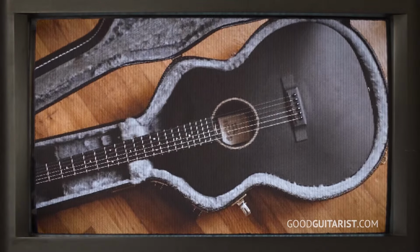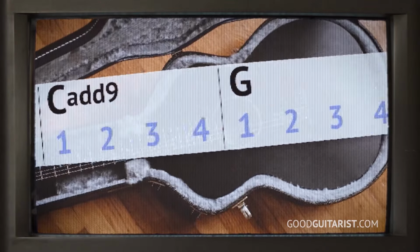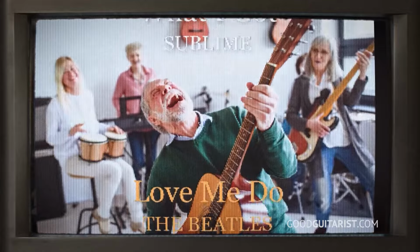For the first time ever, with just 2 chords and some simple strumming, you'll be able to play your favorites